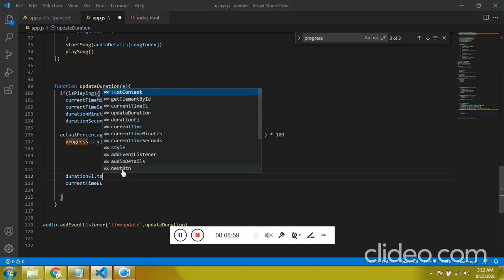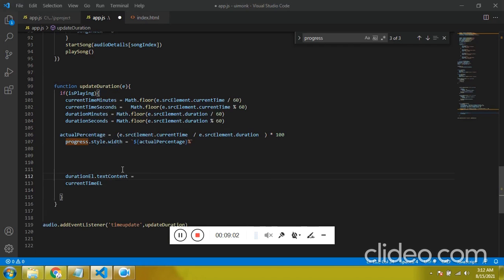Duration element.textContent equal to, so we got the minutes, duration minutes. Use the template literal. Then we have seconds, duration seconds. The same way for current seconds and current time minutes.